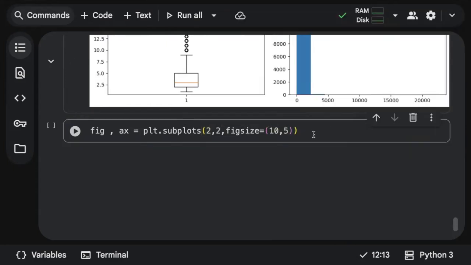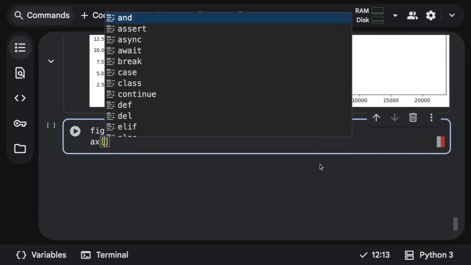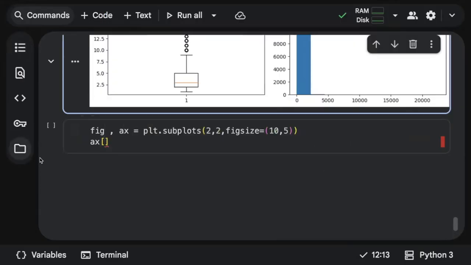Now you just need to call your axes. Always remember, you want your graphs in two rows and two columns, right? So it's like a matrix. The indexes are always like this: 0, 1, 0, 1. For the first graph, the index is going to be 0, 0. For the second graph, the index is going to be 0, 1. Then it should be 1, 0. Then it should be 1, 1, like this. So you have to use those matrix indexes.